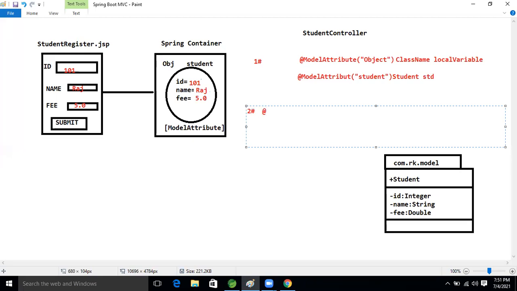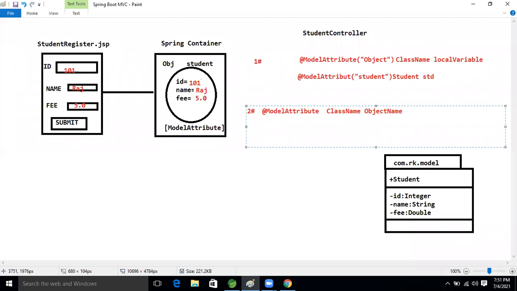What is that model attribute, and what is the class name? After that, the object name. Directly also we can take it, guys, no problem in that.